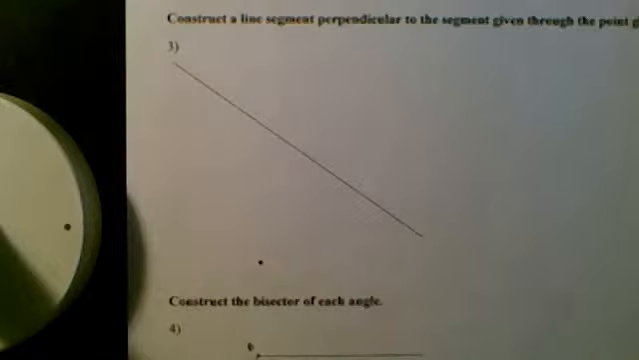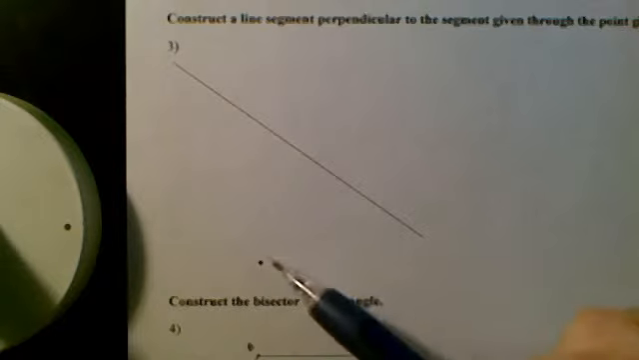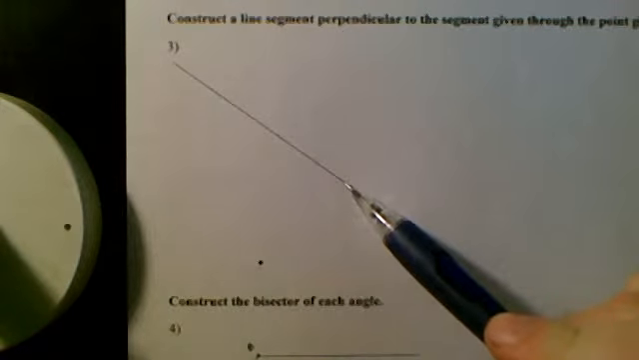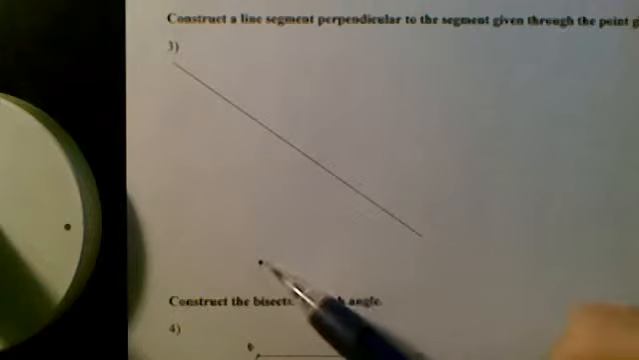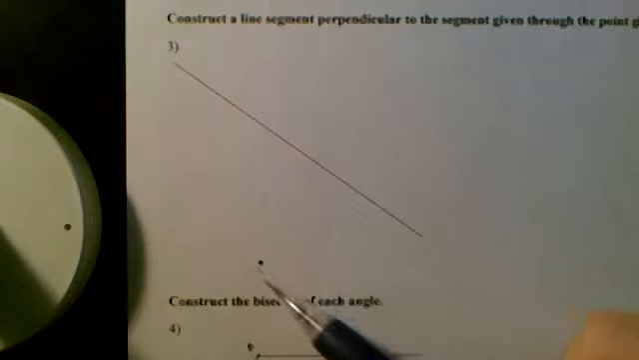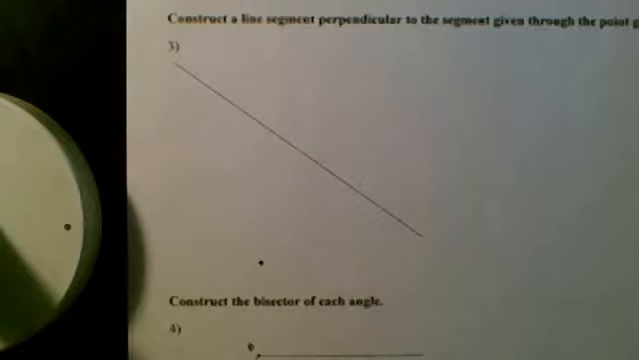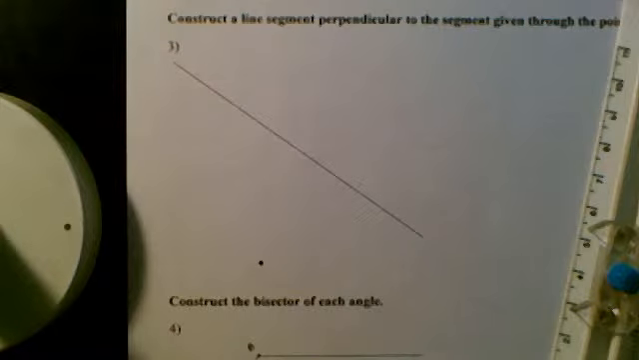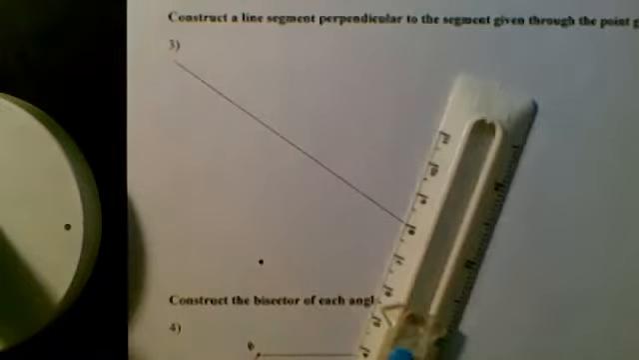Okay, this one's a little more intense. What we want to do is construct a line that's perpendicular to this segment, but we want that perpendicular line to go through this point. So what you're going to do first is take your